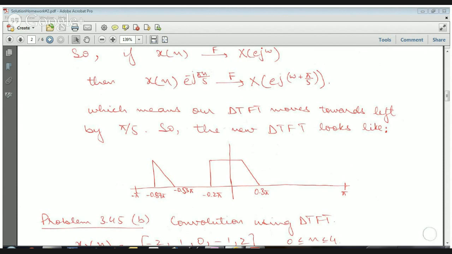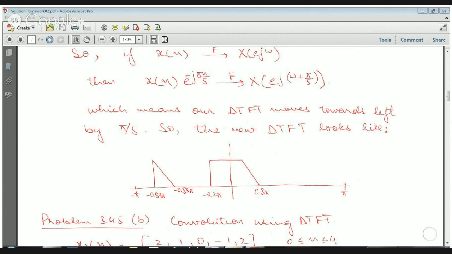So our omega naught is pi by 5 to get z[n]. So this is the frequency shifting property that we had studied, that if you multiply your signal x[n] with e to the minus j omega naught n, then what it does is, if you go and look at